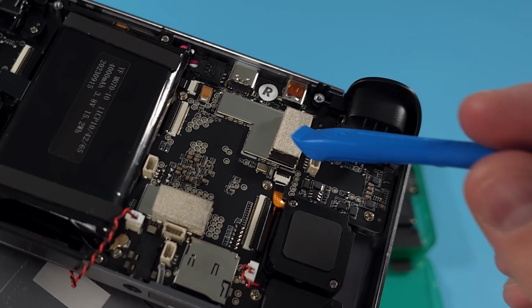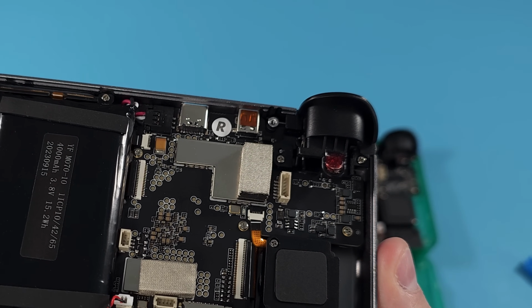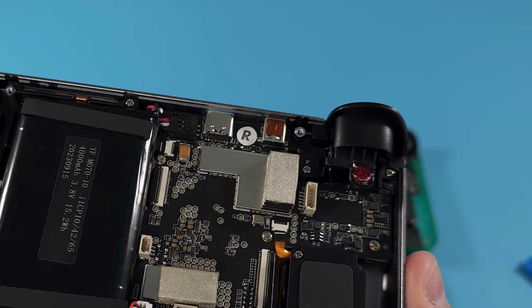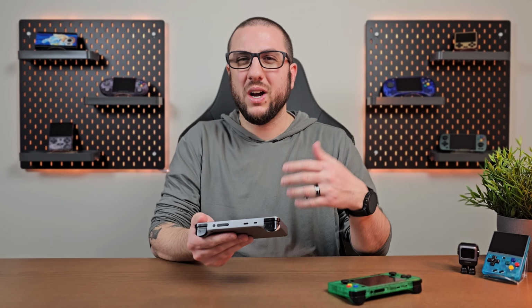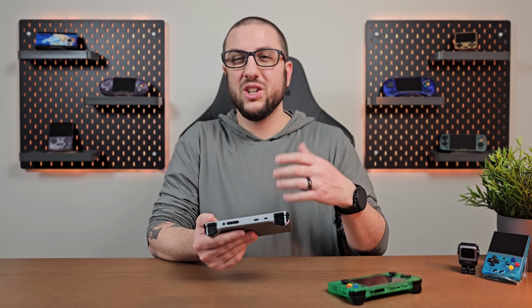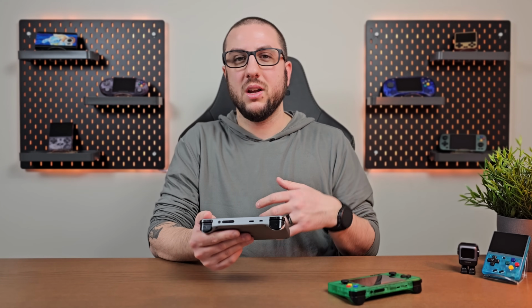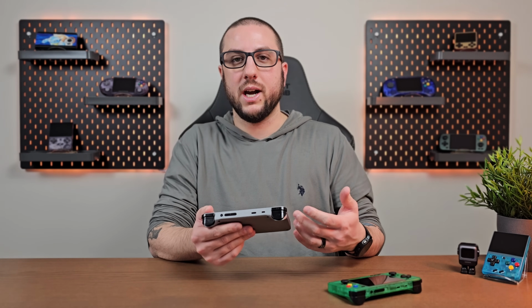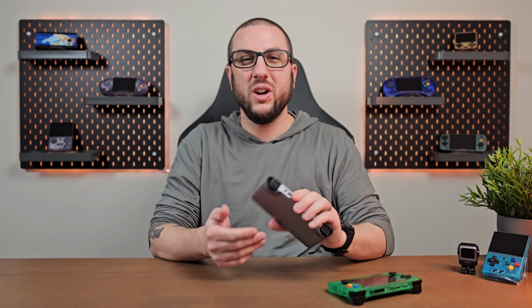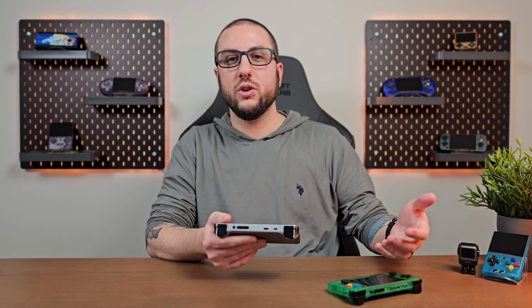But on the metal version, they added 2 heat sinks there, and those seem to be doing a really good job of managing the temperatures on this device. For the most part, I've topped out at around 55 degrees, playing really anything on here. So there's a good 20-degree difference at the high between these two models, and those heatsinks are doing a lot of work on that. It's kind of just furthering the point of why I think this is the definitive edition of the 2S,